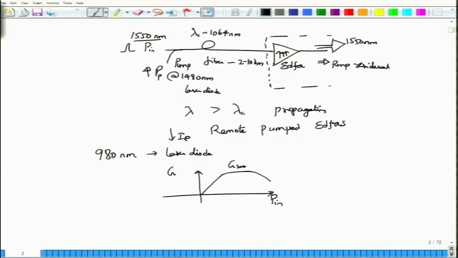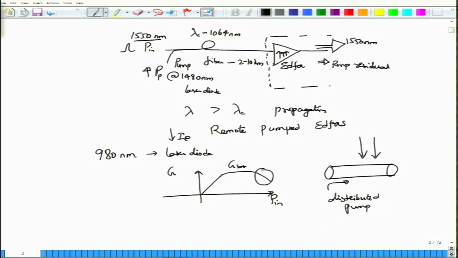To understand why this is happening in an erbium doped fiber amplifier while it does not happen in a semiconductor optical amplifier, we have to realize that the pump is not sent in a cross sectional way. The pump is actually co-propagating. Therefore, this is called distributed pumping versus the lumped pumping that you use for the semiconductor optical amplifier. In the semiconductor optical amplifier, the pumping was done by a P junction and an N junction, and the pump was directed in this manner while the optical signal propagated in this direction. So, the optical signal propagated and then eventually amplified.